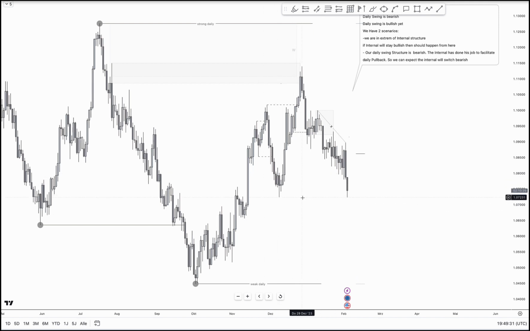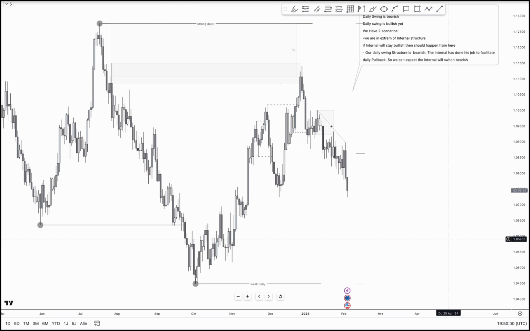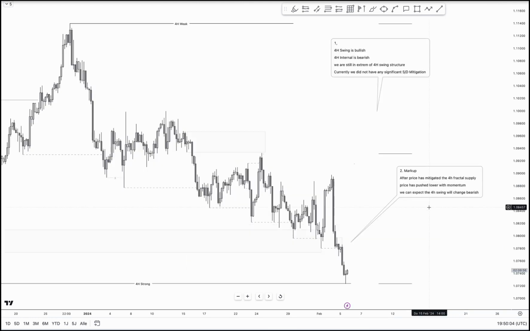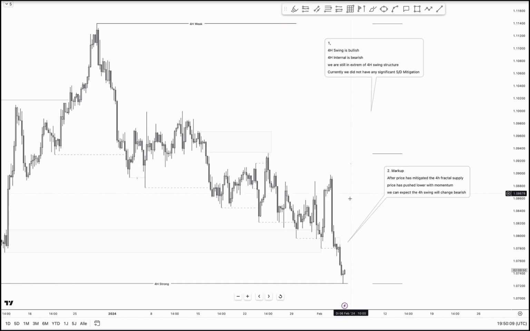and yeah, funny is that we are still in this range, but let's see, maybe during the Asia we can break through this low, and we can expect to trade aligned with internal and swing structure, so to finally break this daily week low. So let's go to forward chart, and yeah, forward chart, we have been around this area before